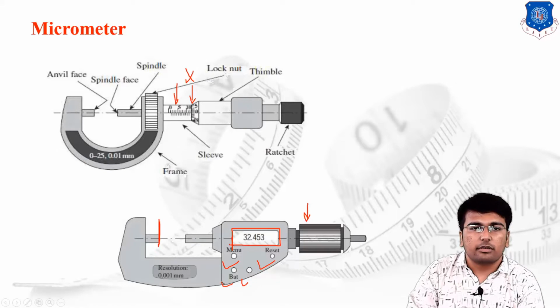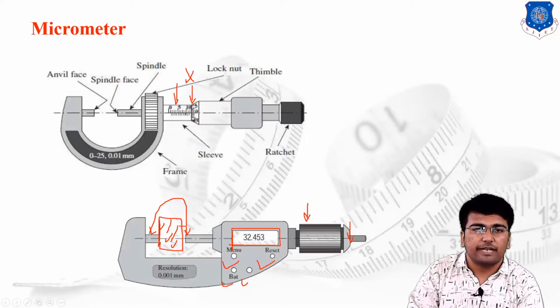Once whatever the component has been placed over here, once you feel that it will start making a physical contact with your surface anvils, then you lock the particular screw by using the ratchet setup, and just because of the ratchet setup you can make sure that whatever contact has been generated will provide some sort of uniform pressure.